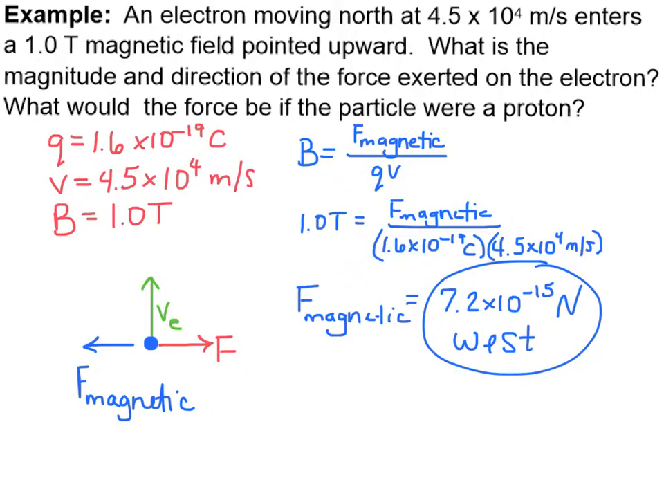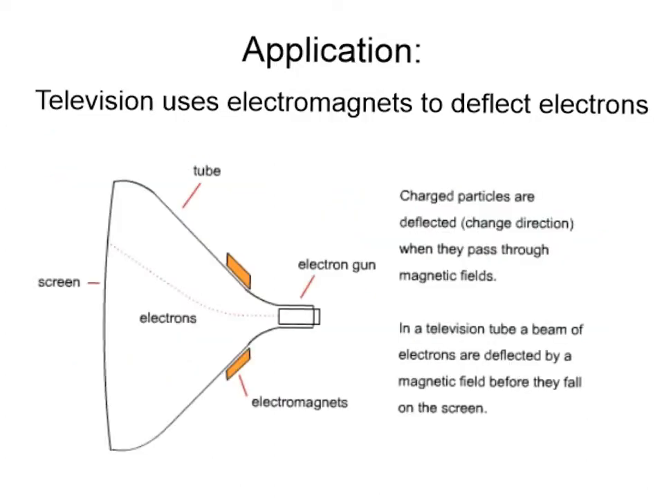So the force on a particle that is a proton would be the same magnitude, only it will be going east, because our right-hand rule works for particles that have a positive charge. So one application for this idea, where we have electromagnets, would be